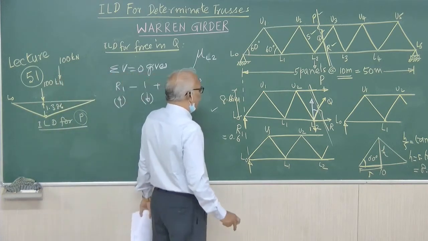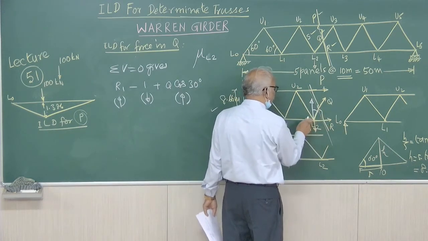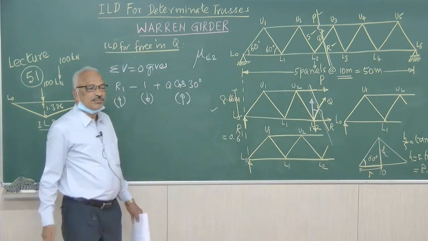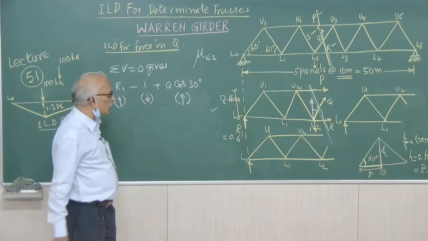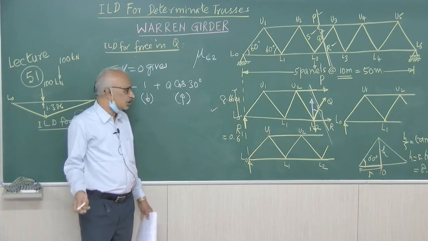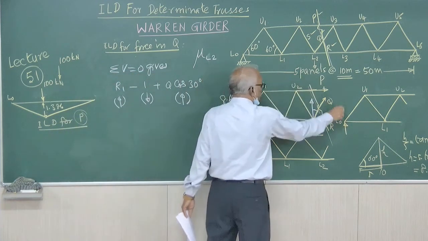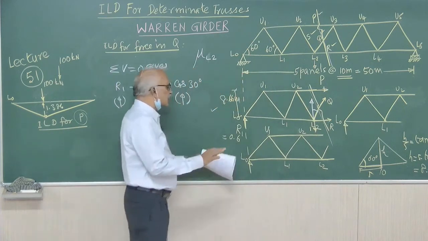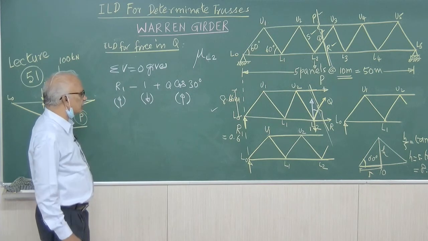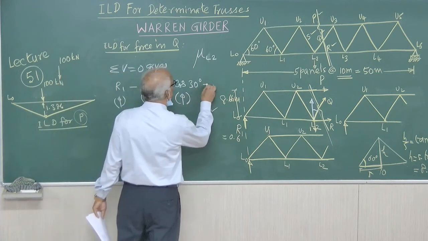So here P will not give any vertical component, so we can forget about it. R also will not give any vertical component. So that is the purpose of choosing sigma V equals 0. We have eliminated the other two cut members P and R because they will not cause any vertical component, because cos 90 equal to 0. Therefore, that's all. We have considered all the forces in the truss to the left of the section: R1, R, Q, P, everything. Of course, P and R will not interfere in our equation. So this is sigma V equal to 0.